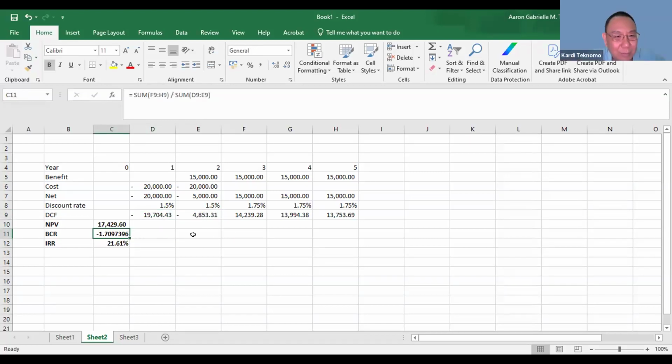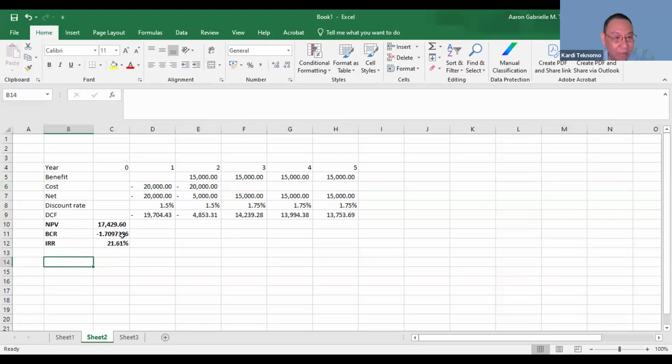Right, better if you put them separate. It's the same thing, but it's better if you put the benefit into present values, and then the cost you put into present values, and then this net that you put a while ago is already in the present values because you put this in each year, right? So it's better if you put everything in present value. Okay, got it, sir.